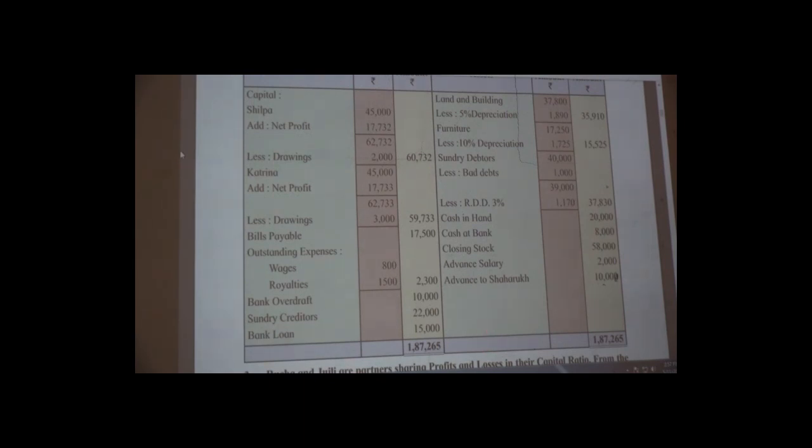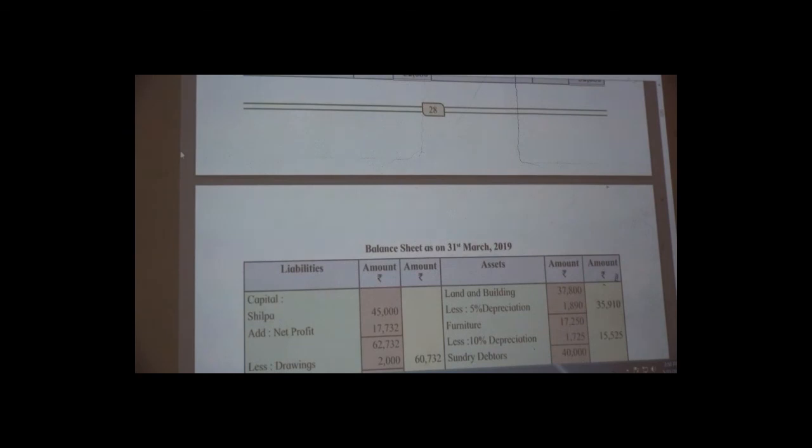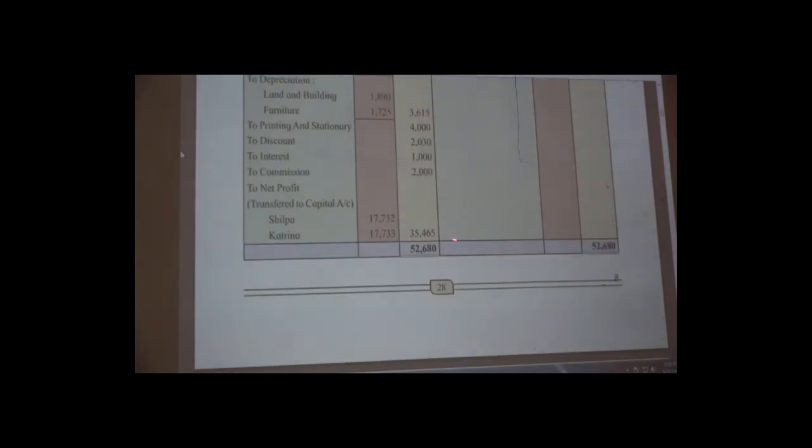Friends, remember what the difference is. The difference is only in the distribution of profit and losses, that is, in the profit and loss account. If there is profit, distribute it amongst the partners. If there is loss, distribute it amongst the partners. How are you going to distribute it? As per the given ratio. That ratio will be given to you in the question, and if nothing is mentioned about their ratio, what will you have to do? You will have to share the profits and losses equally.